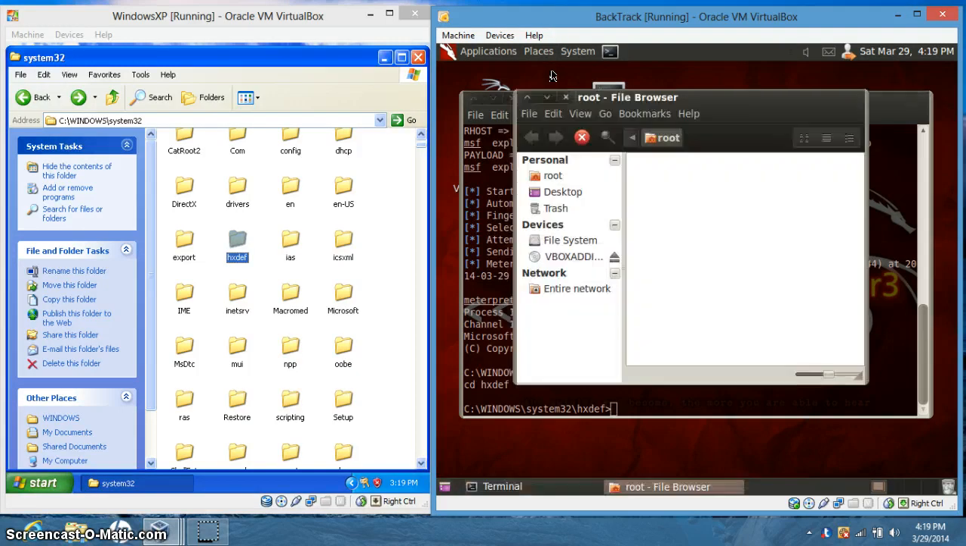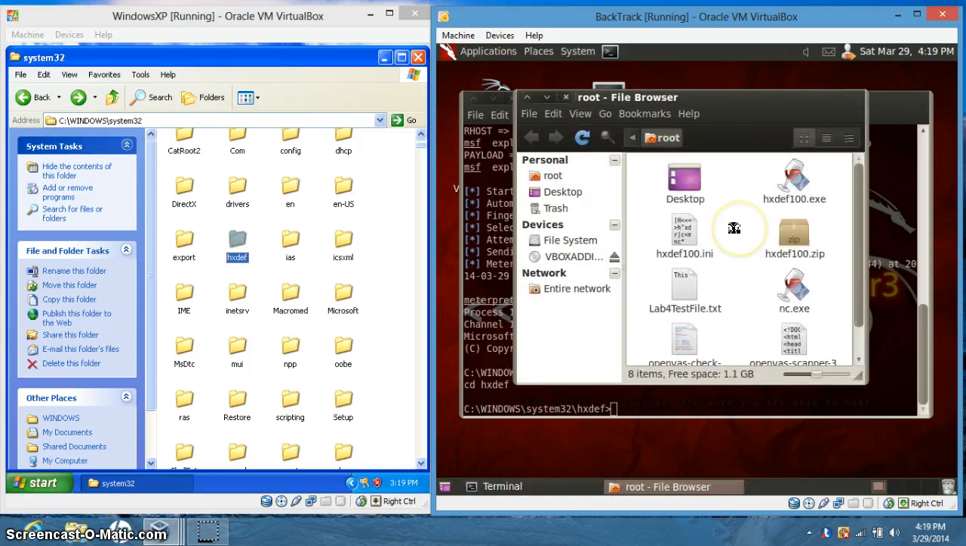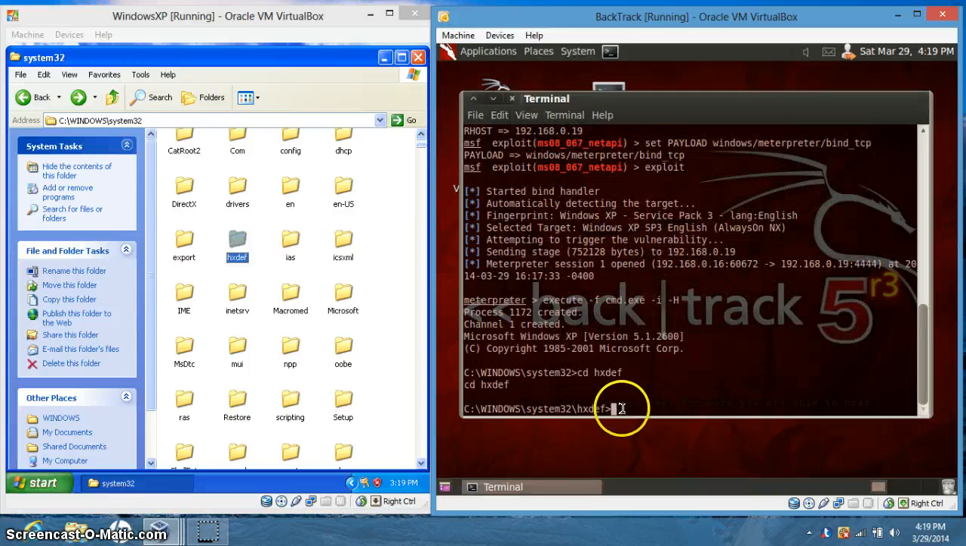hxdef100 executable file, which is here, the configuration file, which is .ini, and the Netcat executable. So what we're going to do here is upload